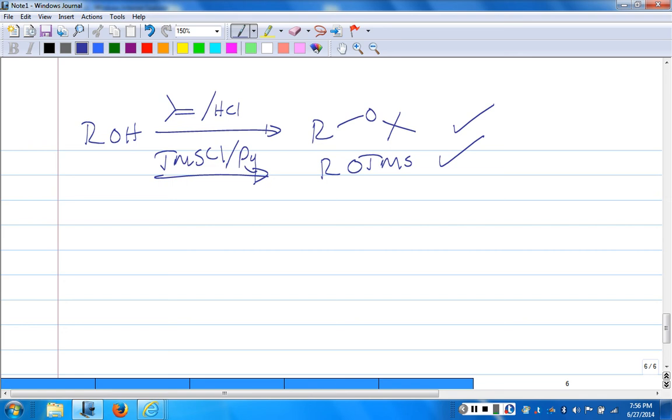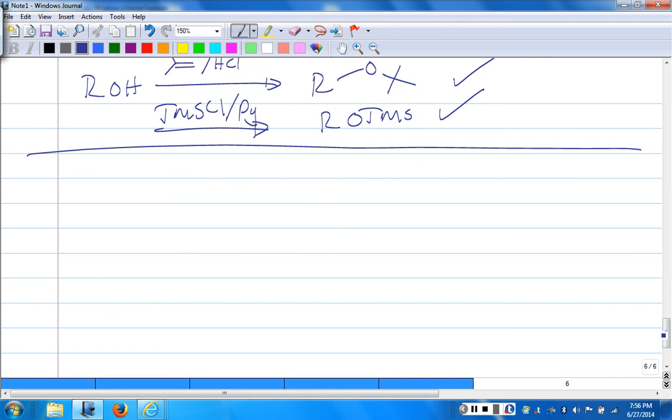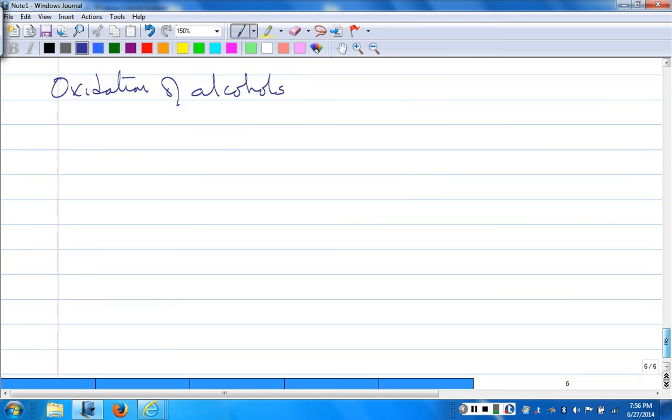We will look now at oxidation of alcohols. Now, we've met some of this already, in fact. You will remember we said that what makes a compound, at least in the oxygen series, oxidizable is the presence